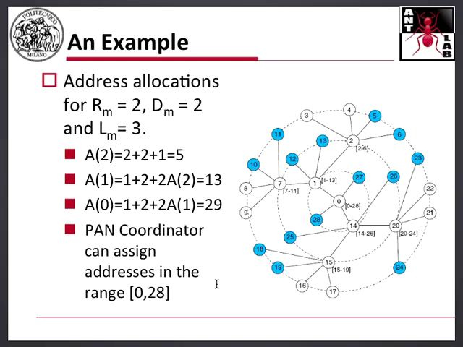It is basically A of 1. Each one of these 2 ZigBee routers, 1 and 14, needs to have A of 1 addresses themselves. That's why we have this recursion according to which A of 0 is 1 plus 2 plus twice A of 1. Clear? So in total, we have, for this kind of network, 29 addresses which need to be distributed,